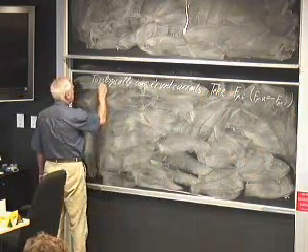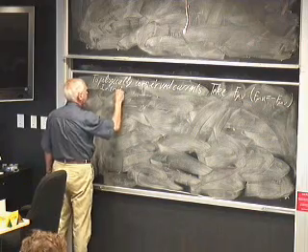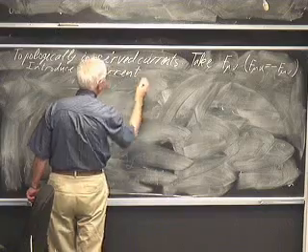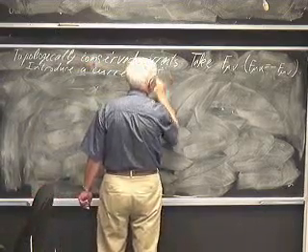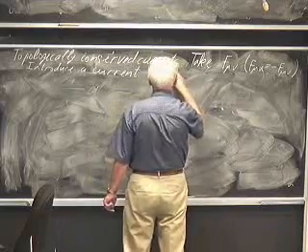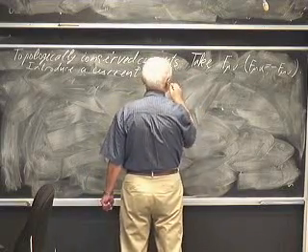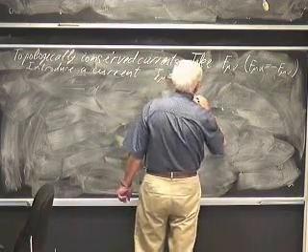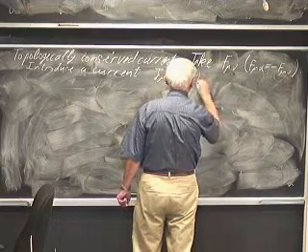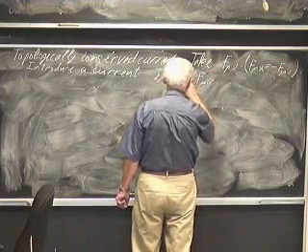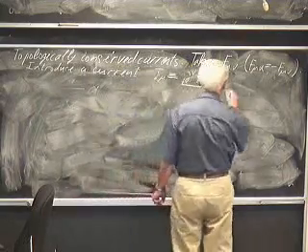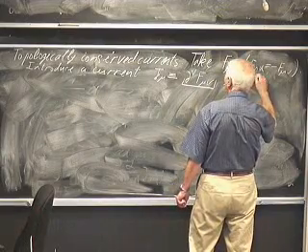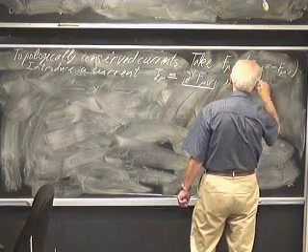Introduce a current, say for example j nu, which is d mu F mu nu. Then it's clear that d nu j nu equals 0